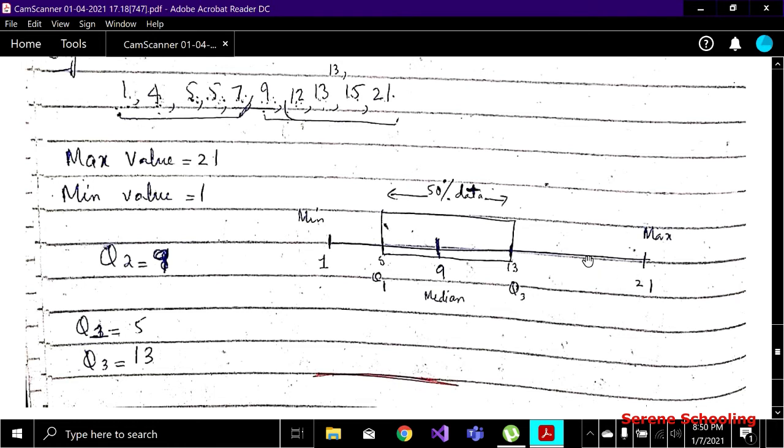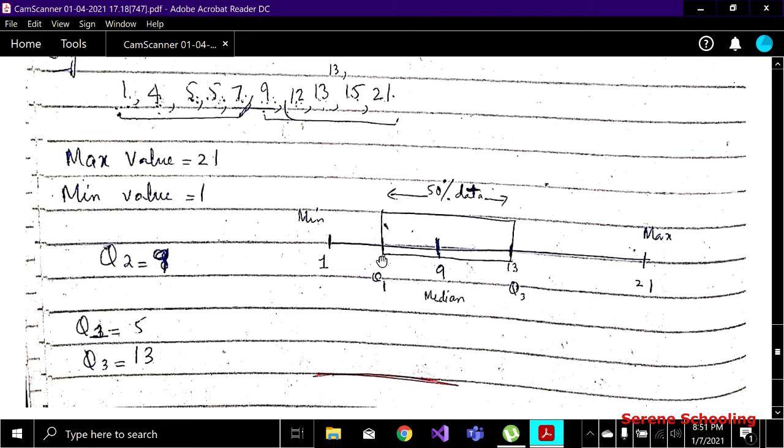After mentioning the points, the next thing you have to do is make a box with Q1 and Q3. Using Q1 and Q3, make this box around the quartiles. This box plot tells us that 50% of our data values lie within this range. So making the box plot is very easy because we have discussed all about these terms already.